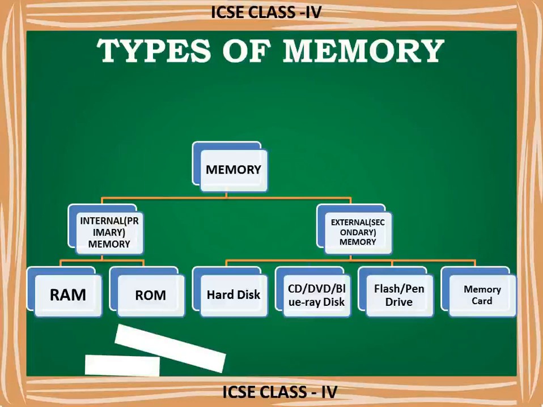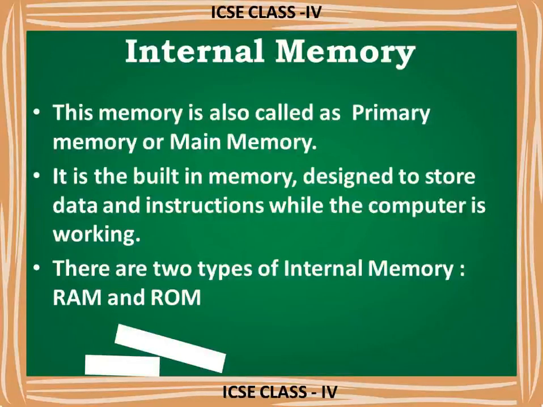But from the primary memory, from the RAM, we are going to lose the data if power goes off, or if you turn off the system directly, you are going to lose the data from RAM. So that is random access memory. But you are not going to lose anything from these devices, this hard disk, CD, DVD, pen drive, memory card. Okay, so these are types of memories.